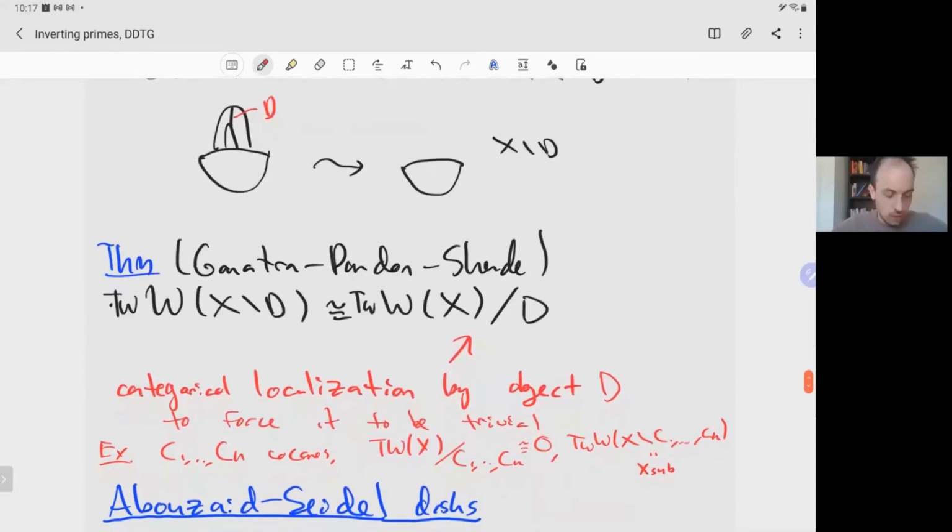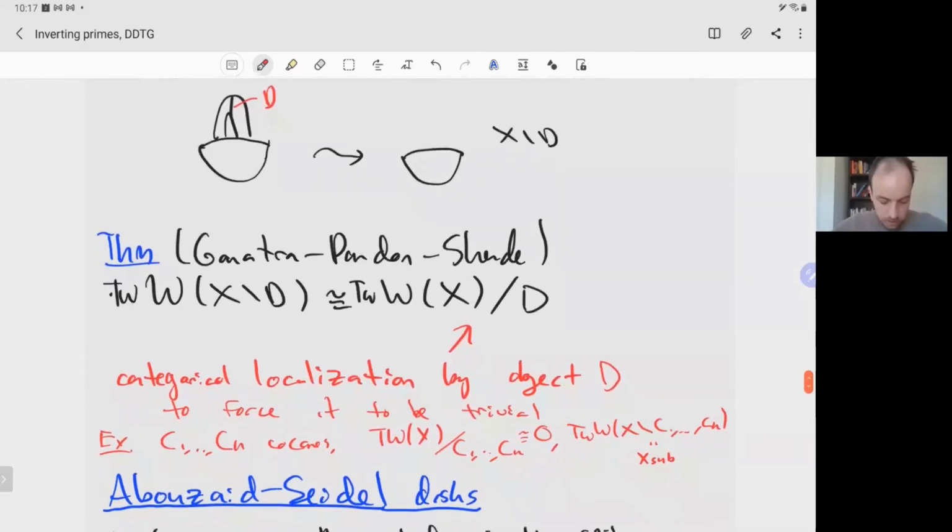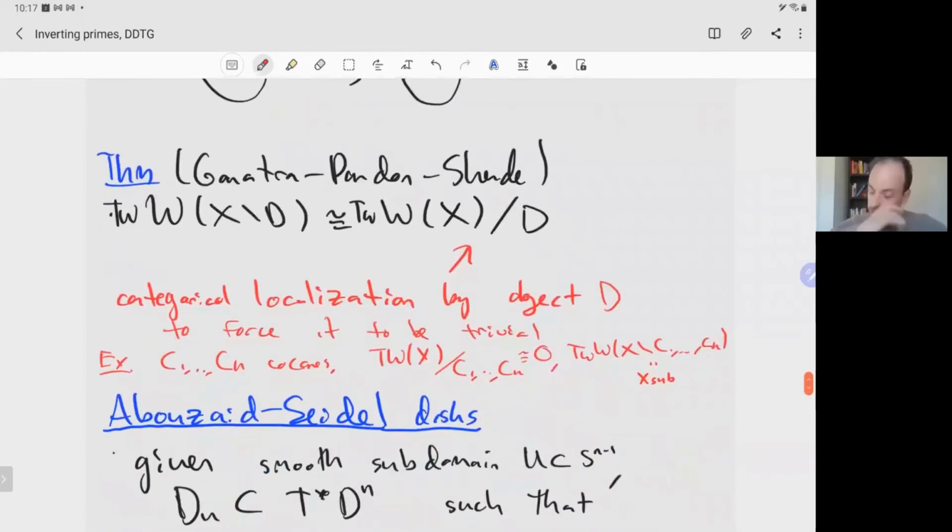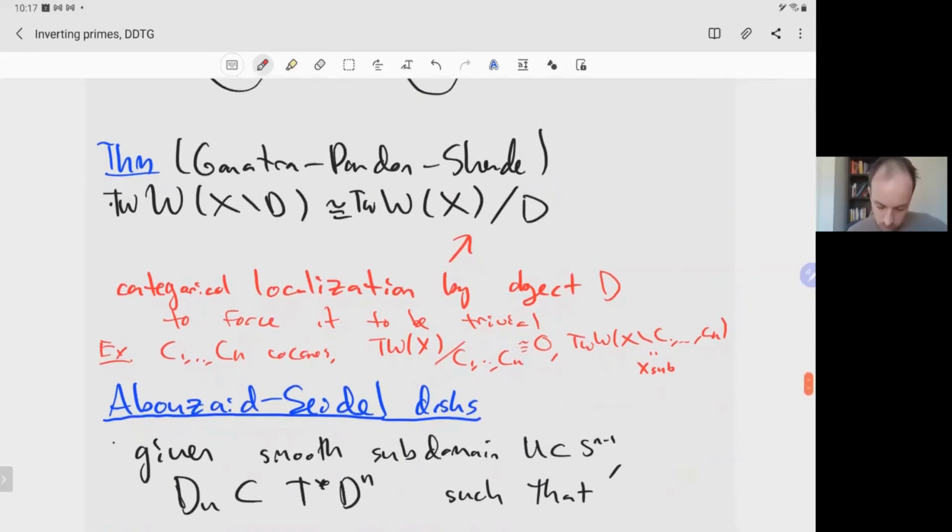So now we just need a source of disks, and here I'm going to talk about some disks that were actually part of this paper of Abouzaid and Seidel, although they used these disks in a different way, and it wasn't clear that they're getting subdomains. So let me back up. Suppose we have a smooth subdomain U inside of a sphere. This is just a statement of smooth topology. Then the claim is you could form a Lagrangian disk,